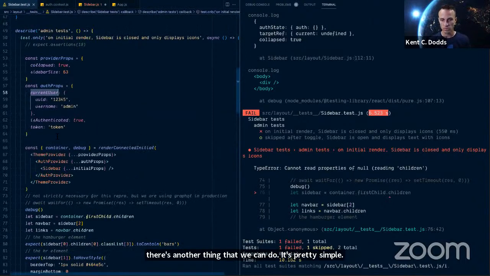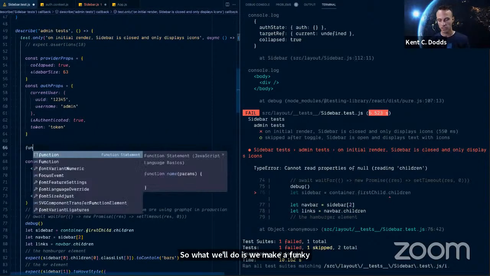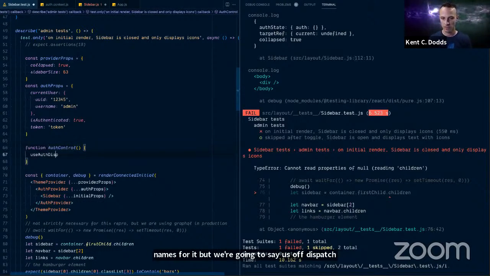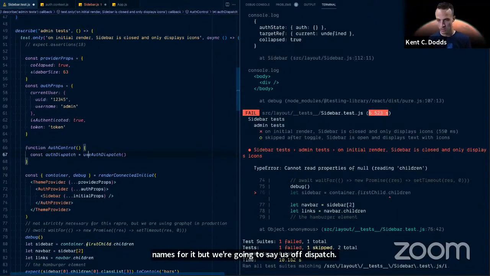So what we'll do is we make a function component here that is our auth control or whatever. This isn't a really super common pattern, so I don't have any typical names for it, but we're going to say useAuthDispatch.